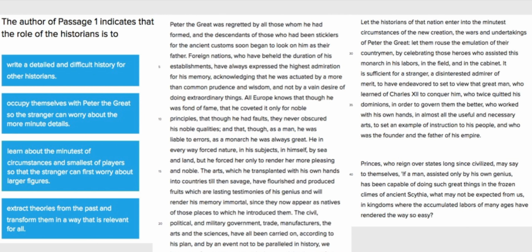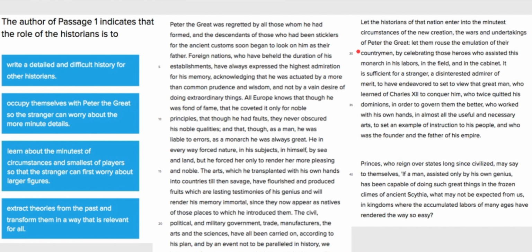As I come to the top of the, it was an easy to find place. As I come to this third paragraph, I see that it says, let the historians of that nation, let's see here. What nation? I did have history here, so I'm going to jump back. The civil, political, and military, government, trade, manufacturers, the arts, and the sciences have all been carried on according to his plan, and by an event not to be paralleled in history, we have seen 4 women successfully ascend the throne after him, who have maintained in full vigor all the great designs he accomplished and have completed those which he'd begun. Let the historians of that nation enter into the minutest circumstances of the new creation, the wars and